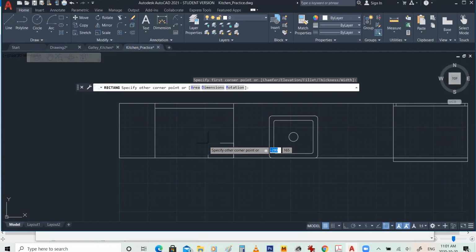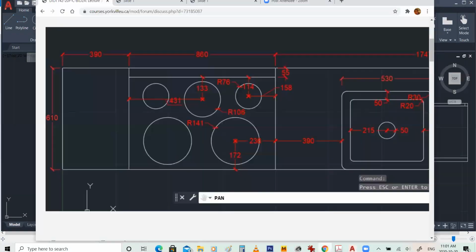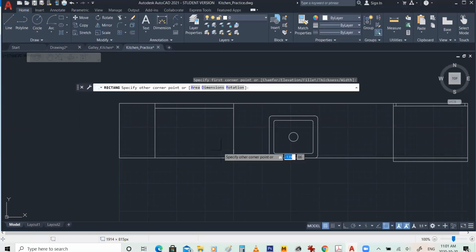Again, why? Because I'm going against the positive direction of the X. The positive direction of the X is here. So if I'm going to put any value here, it has to be with the minus first, because I'm going against that positive direction. And we have the value here of 236. So I need to put minus